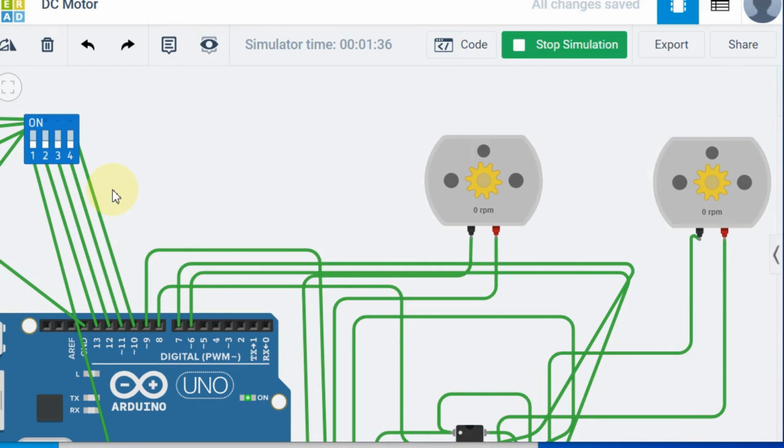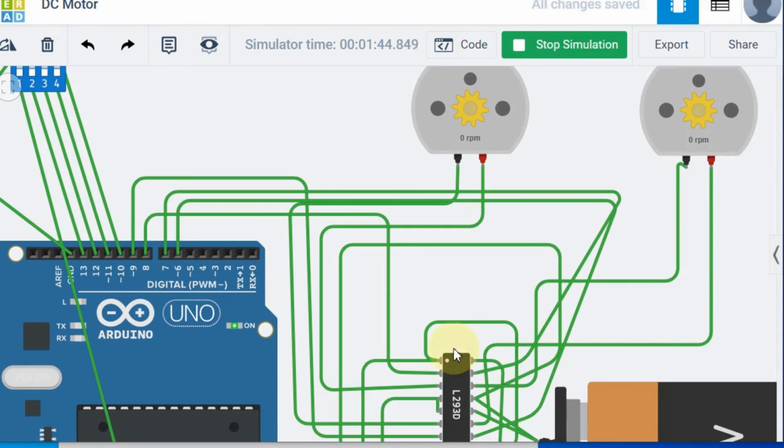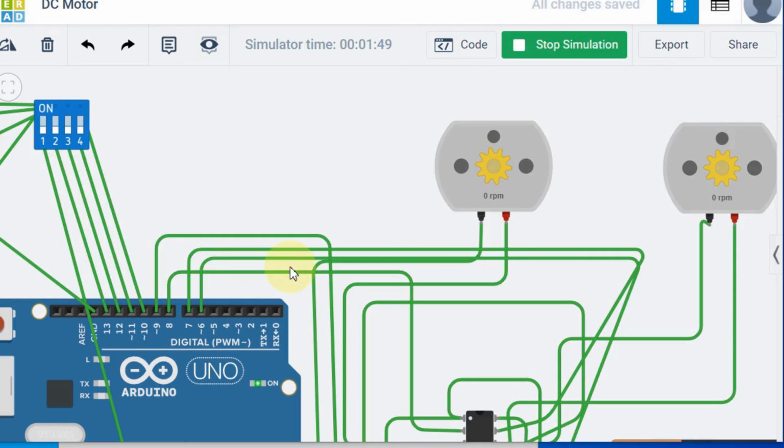So in this video we have covered the basic concept of the DC motor, the driver for the DC motor, the hardware connections of the driver and DC motor, and different input combinations and their respective programs. All these things we have covered in this video. I hope this video will be helpful for you to do robotic projects or robotic vehicles.